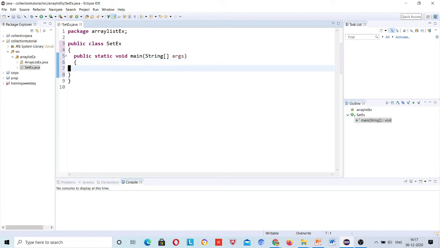Whatever I said, that set cannot store duplicate values and list can, I will show here as well. Okay, so set, always whatever your interface or class name is, the object name should be similar to that class name or interface name, right?